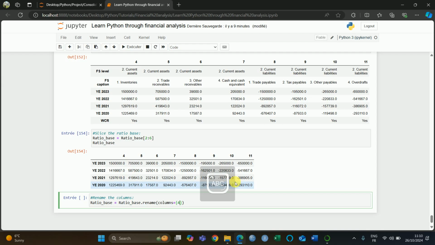So the 4 is inventories, 5 is trade receivables, 6 other receivables,